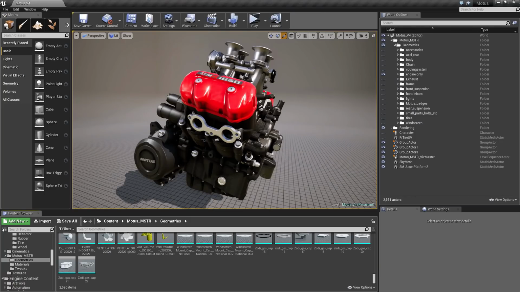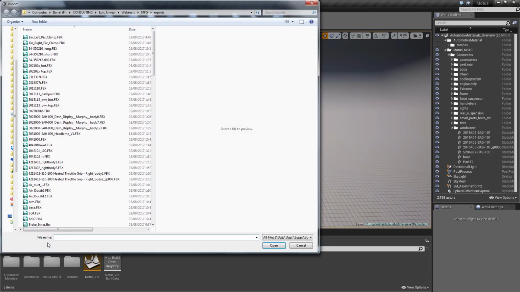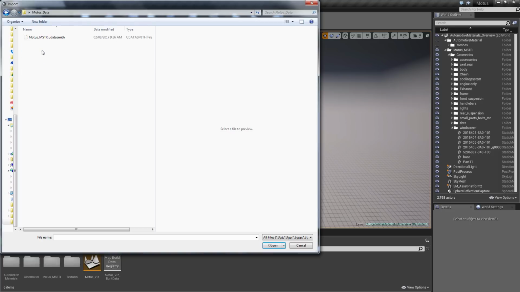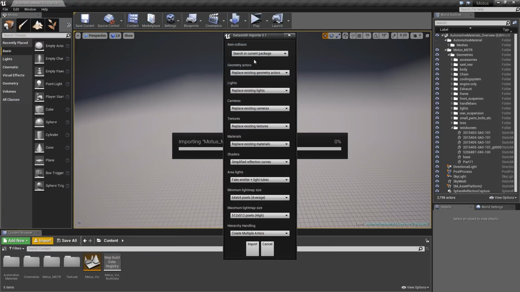But I'm going to jump over to Unreal Engine, into a blank file where we have nothing, and we can take a look at that import into here, and you can see that we get a kind of similar process. So I'll select our file, and we get an importer menu where we have quite a bit of the same assets or attributes promoted that we saw on the export here, and things like materials, either keeping the materials that exist or replacing them, and then we could go ahead and import that in. And of course, I'm not going to do that here because I happen to have this file. Just switch back over